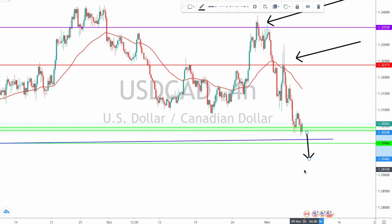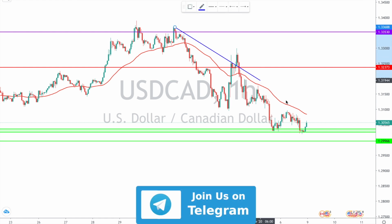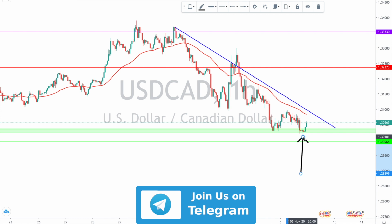Let's go down to the 1-hour time frame to discuss our bullish scenario for the dollar CAD. So here's the 1-hour time frame, and let's draw this imperfect trend line right here. So boom, we have it. And guys, if price will successfully hold this area, it could be considered as an early sign of a possible